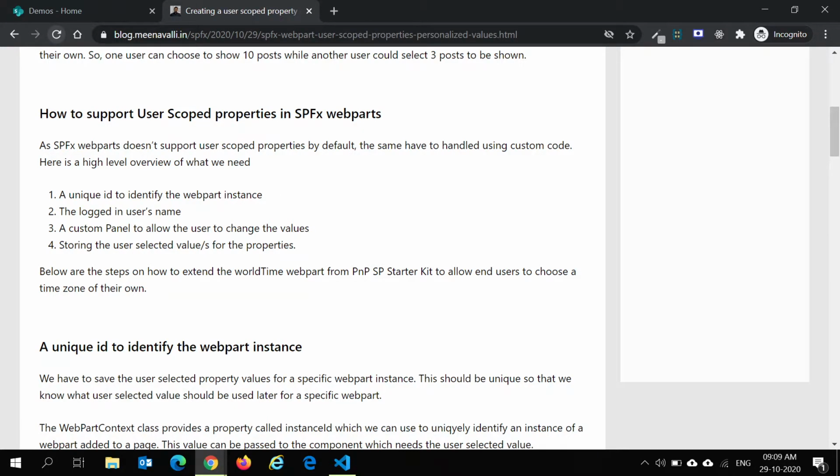This is required to save the user selected values for this specific web part. This is really important because we cannot just save the value against the logged in user's name or any other mechanism, because we always need to identify within which web part instance we are personalizing this value. So we need a unique ID for the web part instance, and definitely the logged in user's name to save their preference, and a custom panel to show the values which the users can change.